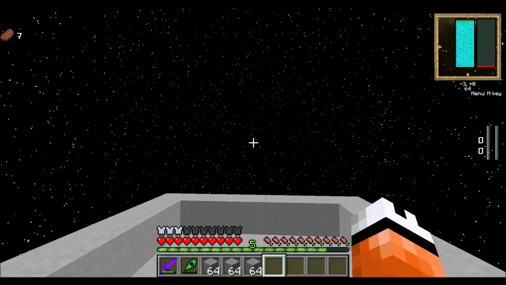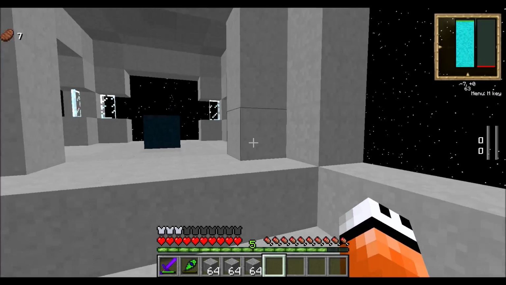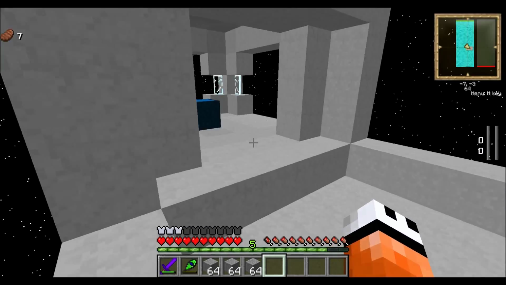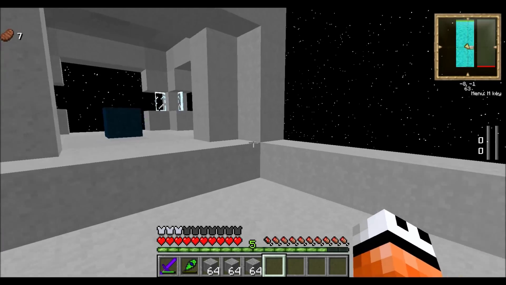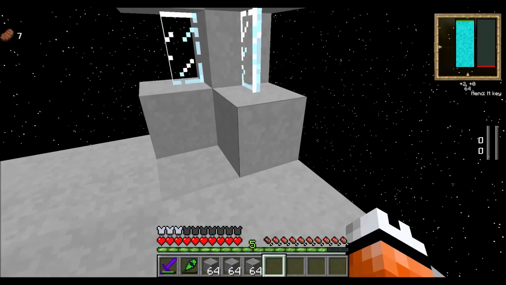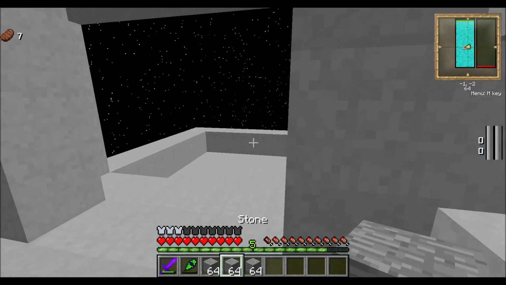So now you're on your space station. This is what the iron, tin and steel was for. This little box. Now, I'm gonna lie to you, this isn't actually my space station, I can't make another one. So what you're gonna want to do